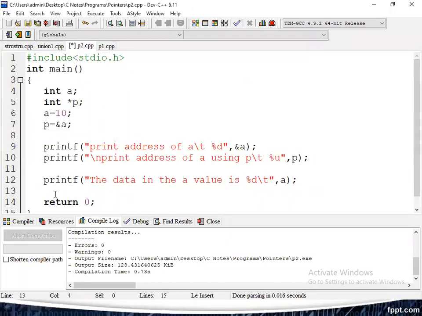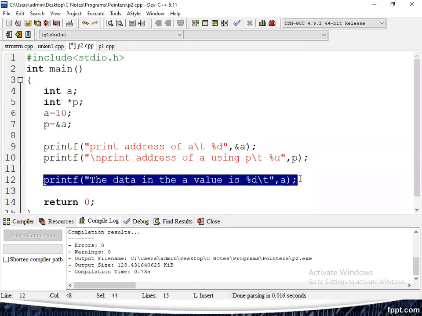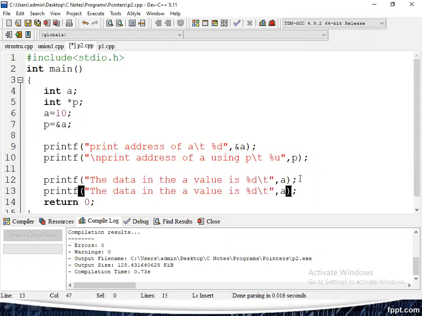Next, again, you have to access the data from p also. That is the important and new concept here. Star p. Here p is a pointer variable. P equal to ampersand of a, the address of a, holds the information. Ampersand a is the address. From that address, how can we access the data?